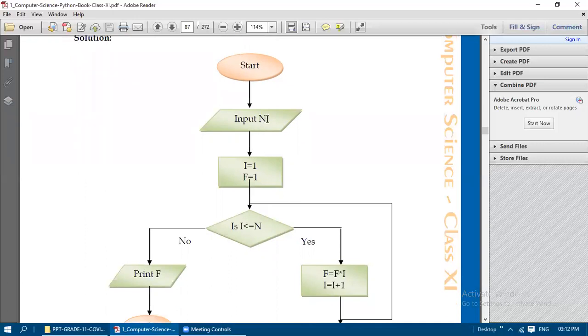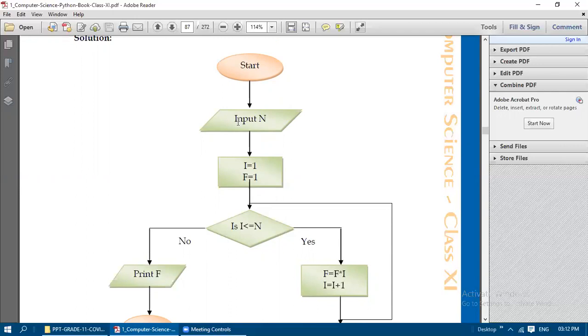So we will get the number, that is 4 or 5. 5 factorial is the same process: 5 into 4 into 3 into 2 into 1, or 1 into 2 into 3 into 4 into 5. Either in an increasing order or a decreasing order, you can take the values and multiply them to find the factorial of any number. If the entered number is 5, 5 factorial needs to give 120 as the answer. For that we will see how the flowchart is written here.